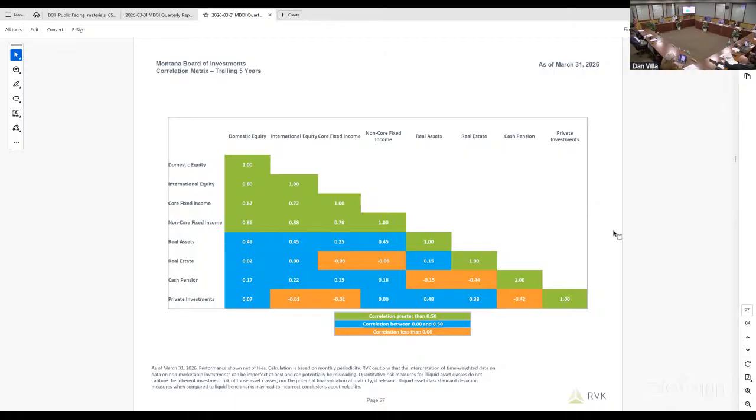Core fixed income helps much more. It tends to move very differently. Most of its return is on the back of the yield that it pays. Non-core fixed income, when you include high yield and convertible bonds, tends to have a higher relationship to equities, and that's something we keep track of as we go into asset allocation season. Real assets depend on what kind of asset it is, but they do have a nice lower correlation to traditional equities.